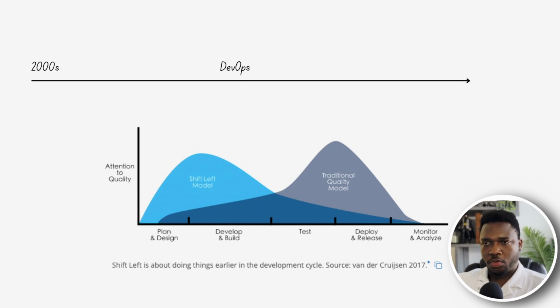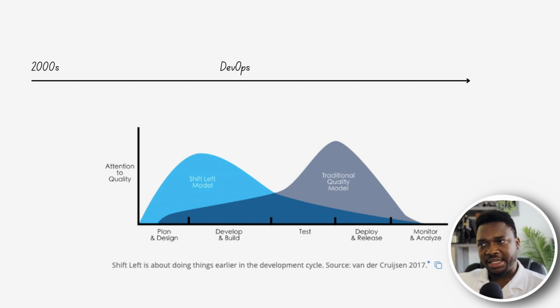So what we've been doing all this while is, instead of trying to catch data quality right at the point of entry, when a user submits the form or when a user logs an event, we've been trying to catch problems at the end. And that is why our dashboards break, our models don't run effectively. It could be in the dashboard, in the model, or worse, in production. And by then, it's not just a bug, it becomes a crisis if you're not able to fix it early enough. And so the data world is finally borrowing this page from DevOps.